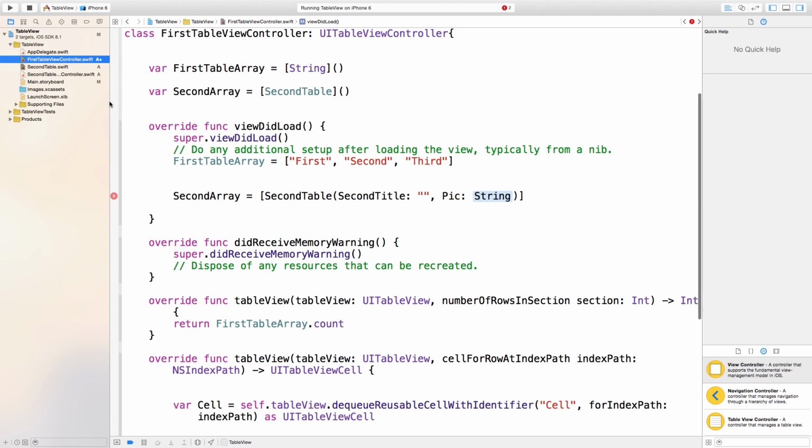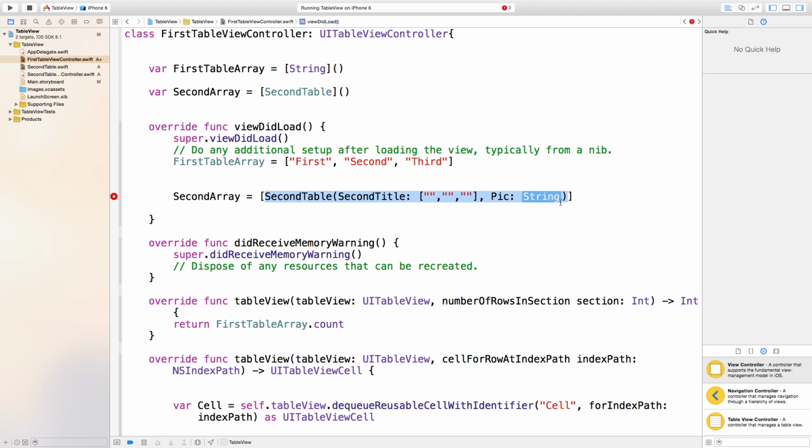So go back to your first table view controller right over here, and now say open bracket, close bracket, and now we're going to make this an array. So this will be our array of items that are picked when we pick our first item. So when we click this first item, this is going to be what is loaded up into our array, or our table. So go over here, and now we're going to add, we're just going to say first, second, and then I guess we could say first, and then second, first,